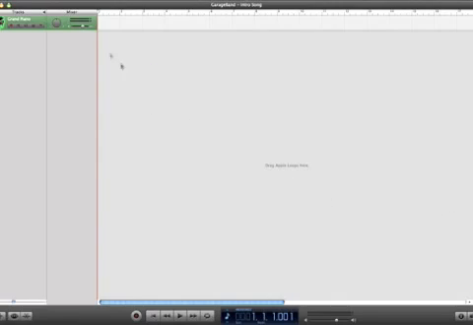Close out of this grand piano, delete the grand piano track, and let's go down to our clips viewer. Now if you don't know how to delete a track, just select it and hit Command Delete. What we're going to do now is click the podcast view,